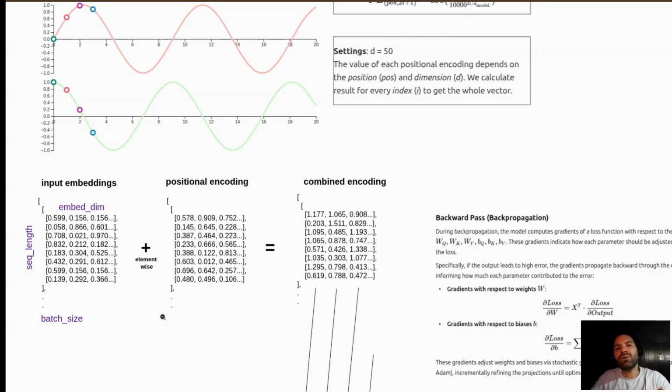The combined encoding has a shape specifically structured as follows, as you can see here: sec_lang, embed_dim, and batch size. As we will see later in the script, I use the same variable. The sec_lang is the number of tokens in each input sequence, as we saw before. The embed_dim is the dimension of each embedding vector. And the batch size, as I explained before, is the number of sequences processed simultaneously, enabling efficient parallel computation on